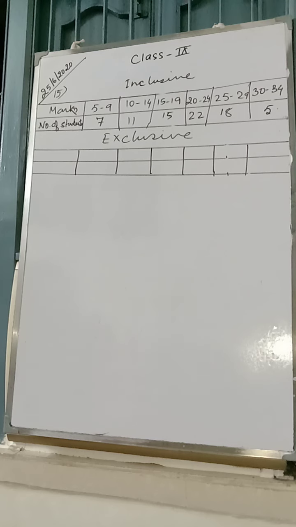Look at question number 15. Here also you have to construct a frequency polygon for the following data. Now you can see the frequency table is given in discontinuous manner, or an inclusive frequency table is given. So the first and foremost work, we have to convert it into an exclusive frequency table. How to convert? I have told you.